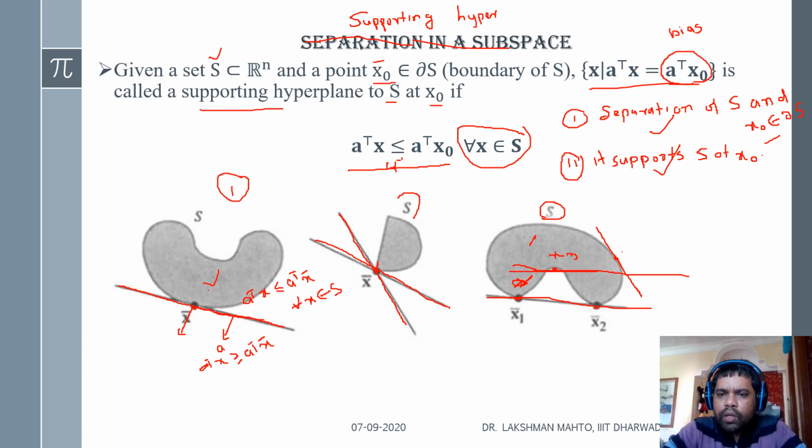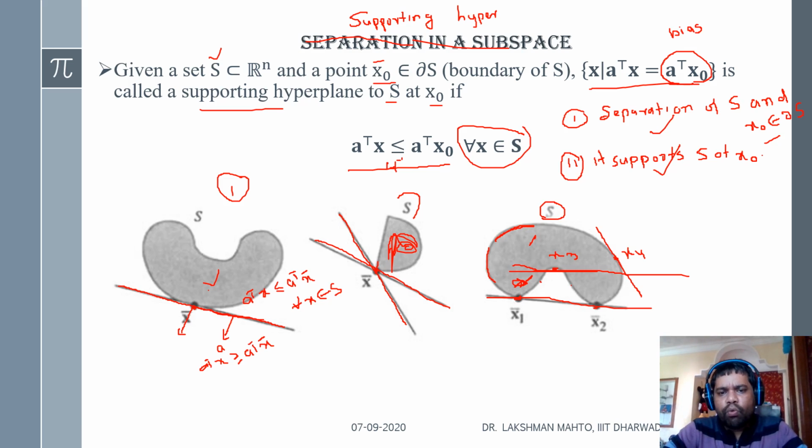So at x3 there is no supporting hyperplane, but at x1 we have a supporting hyperplane, at x2 we have a supporting hyperplane, and this we call x4. At x4 also we have a supporting hyperplane. Also if you take anywhere here, at all these boundary points you will observe a supporting hyperplane. But if you come here or here or here, in this case you don't have any supporting hyperplane. So due to non-convexity of a set, you may get a supporting hyperplane or may not. But if you have a convex set, you will get it in all these cases.